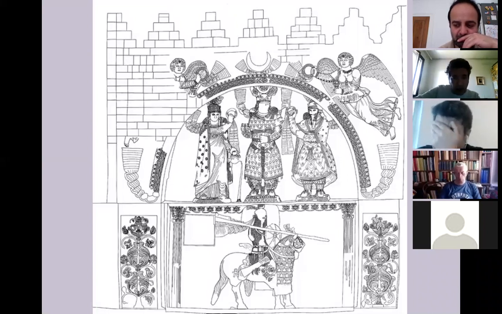Just a small note about the name of a site, which is Taq-i Bustan, the arch of a garden. Usually, this is the official name of a site. But according to local legends, according to some written sources, which are all dated to the Islamic period, sometimes this site is called Taq-i Bastam, or this Bastam is sometimes called Vishtam,